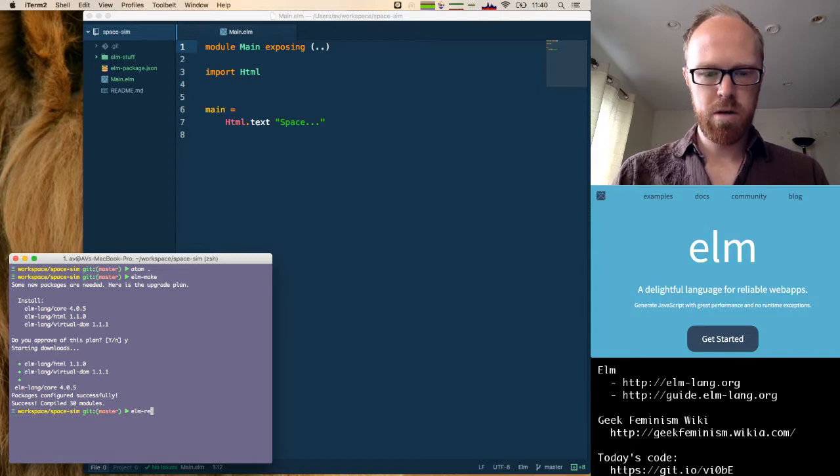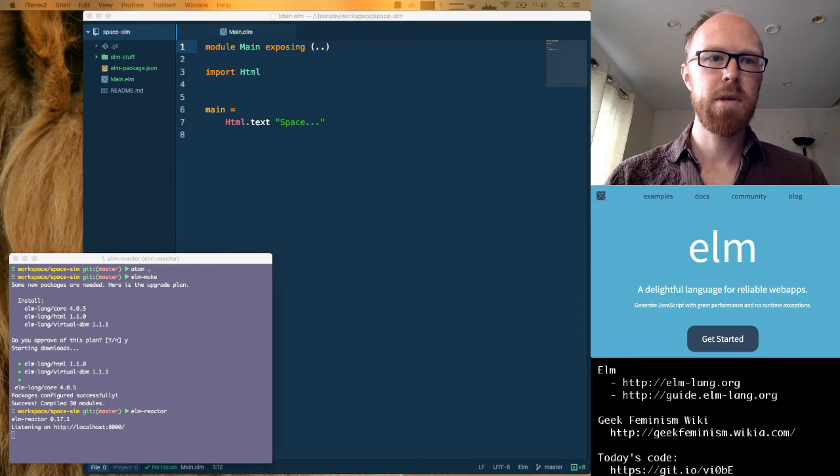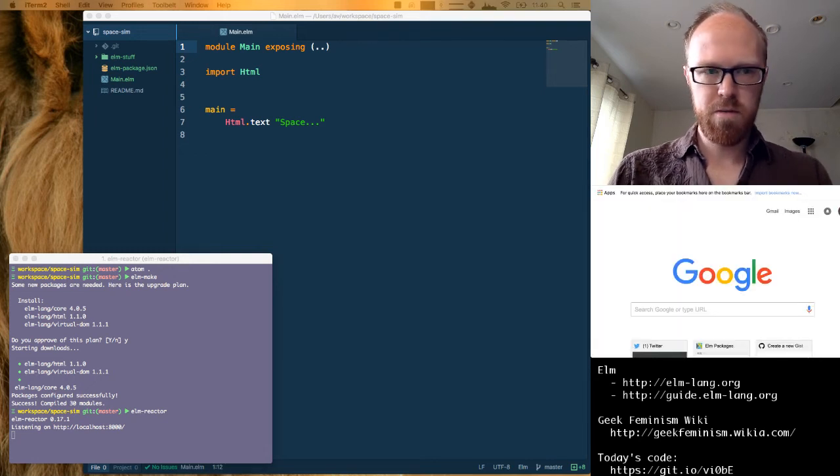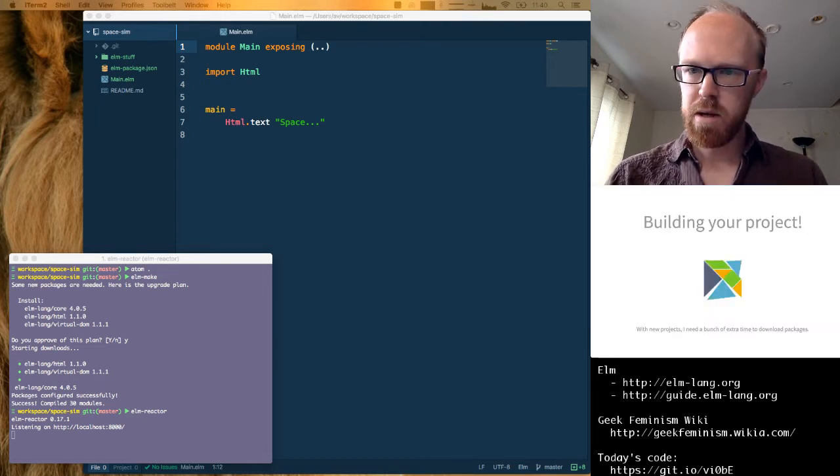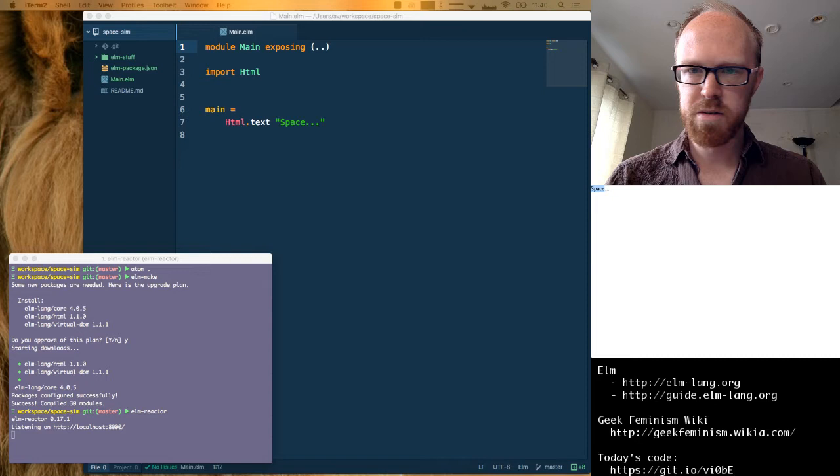And now let's start our Elm Reactor, and see if we can load this up. Localhost, main.elm. All right, and we're ready to get started.